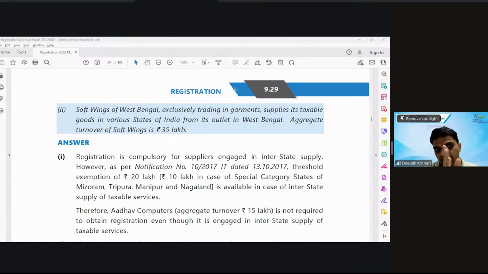You remember, right, our slide where we said compulsory registration under section 24 at the start of the session and gave some exceptions, where there were two exceptions. First is interstate supply of services, and second is intrastate supply of handicraft goods. Now is that clear what we were discussing? Clear now? Very nice.